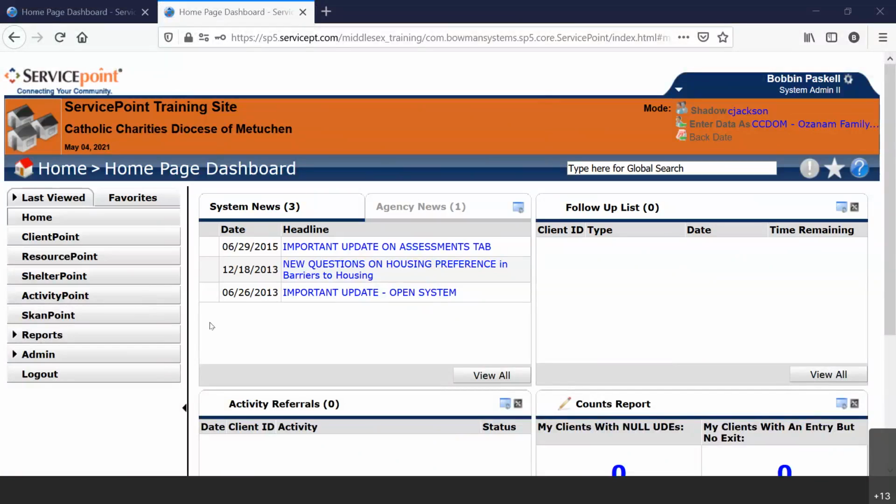In Service Point, we start always in Client Point. Okay. So when you are doing any data entry, the first thing you're doing is going into Client Point. All right. I do have access to the chat now. Okay. So the very first thing you're going to do when you go into HMIS after you log in is